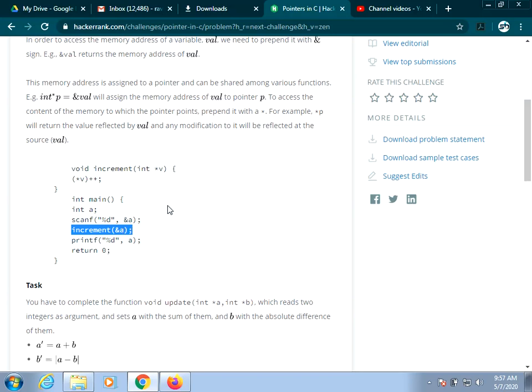So once this happens, the address of a will go to the pointer v, and inside the function you are incrementing indirectly the value of a by 1 using dereferencing. After this, if you print the value of a, it will be incremented by 1. So that is the example they have given here.